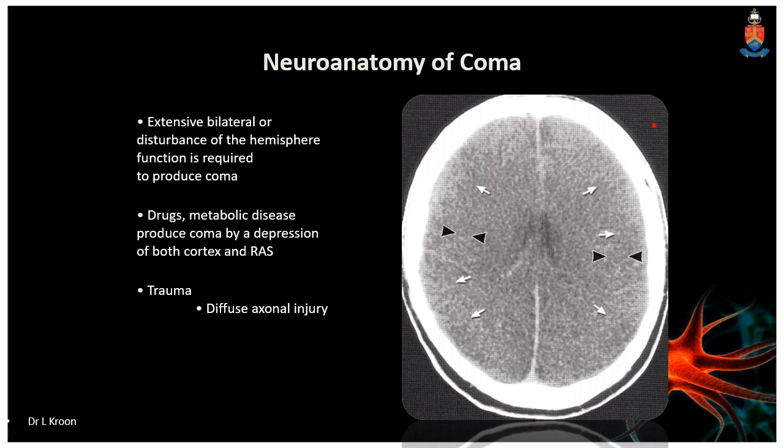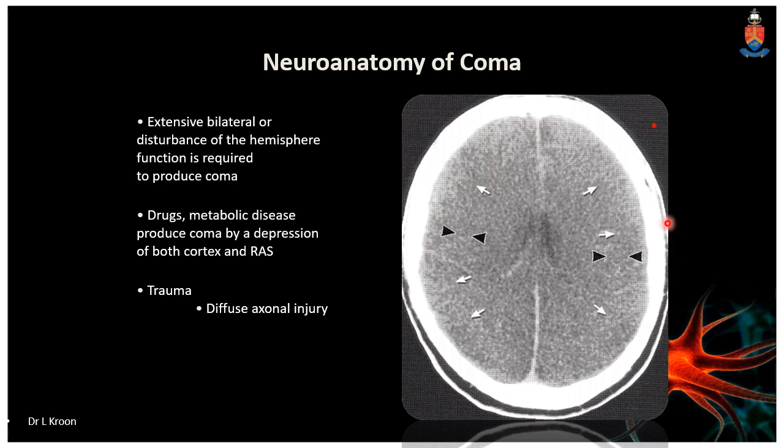And then most commonly an anoxic injury, as seen here in this patient, which results in severe bilateral disturbances of the hemispheric functioning, which will produce coma. So anoxic injury is seen here, and you have your typical findings on your head CT. That is where you have this loss of gray-white interface junction, diffuse swelling of the brain with loss of sulci,